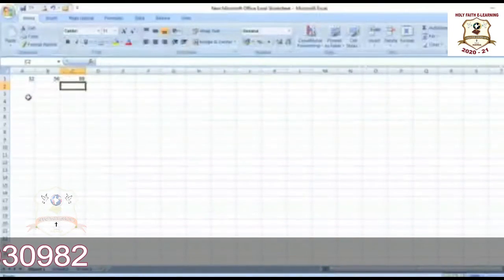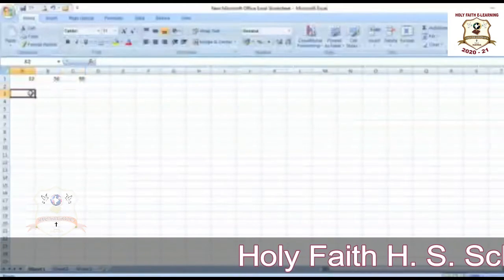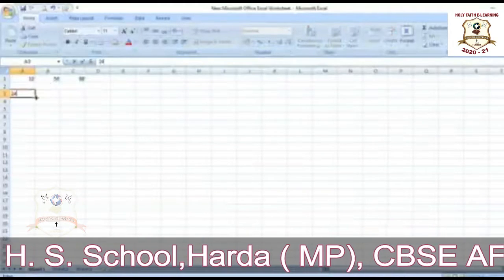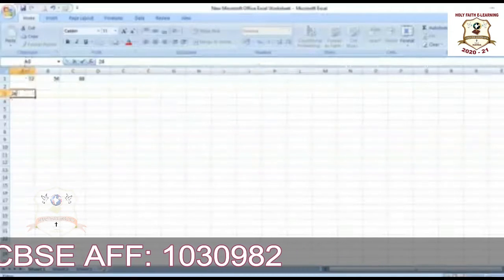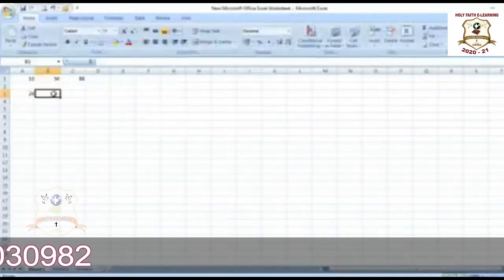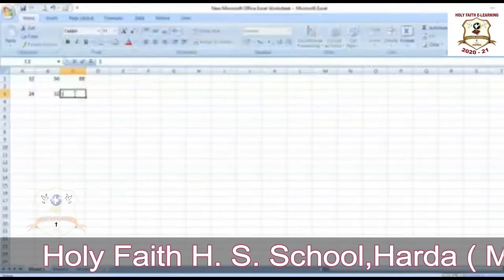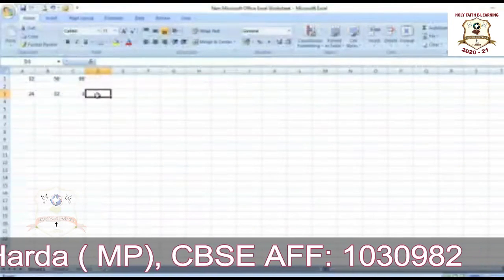Now compound formula. For a compound formula you have to enter the values, like we can enter 24 in column A, but the row is changed now. Now the row is third, the column is the same. In the second column, 32, in column C, 3, and the result that I want is in column D. Here I want the result.